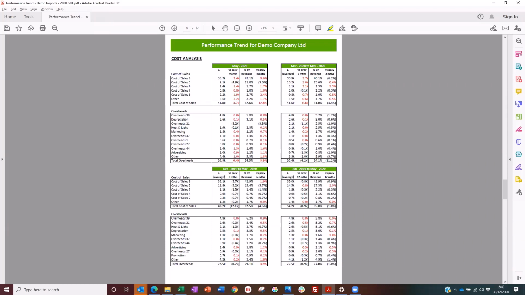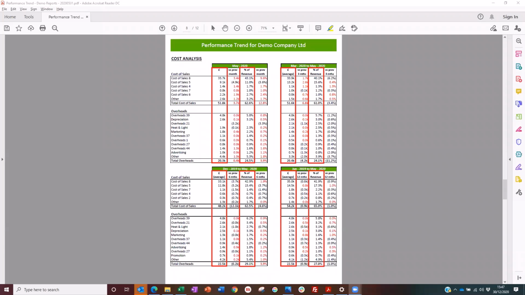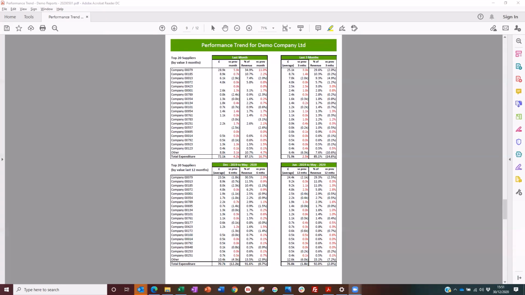The cost analysis page ranks the top 5 cost of sale lines and top 10 overhead lines based on expenditure over the previous 3 months at the top of the page and expenditure over the previous 12 months at the bottom of the page. Average monthly expenditure and expenditure as a proportion of revenue are then compared to their previous time periods. Expenditure by supplier ranked by expenditure over the past 3 months and 12 months is then presented in